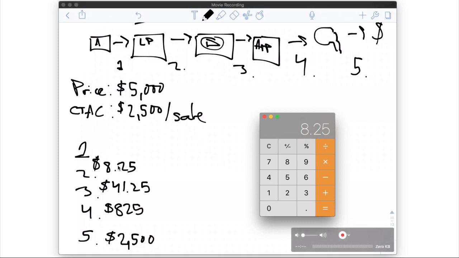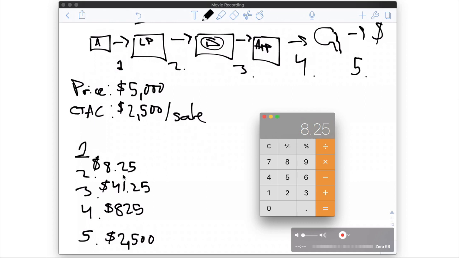registrant, and we know that you're willing to pay $8.25 per click. And so, yeah, that makes sense. So number one here would be what we'd be willing to pay, like cost per view, basically, and we're not going to track that. We only care about cost per click. So essentially, the way that this math shakes out is you're willing to pay up to $8.25 per click,